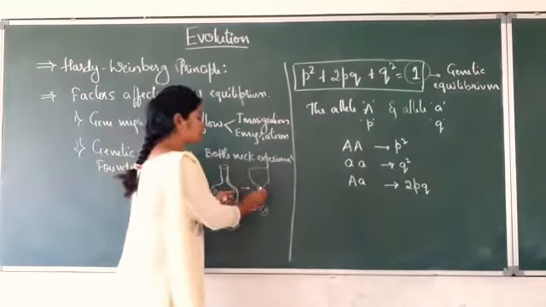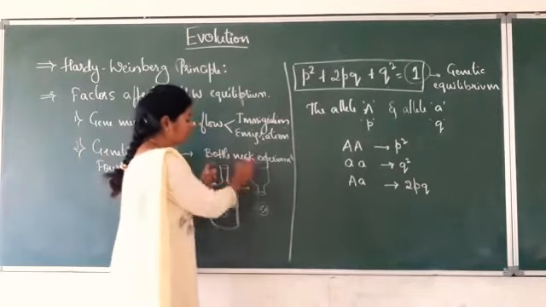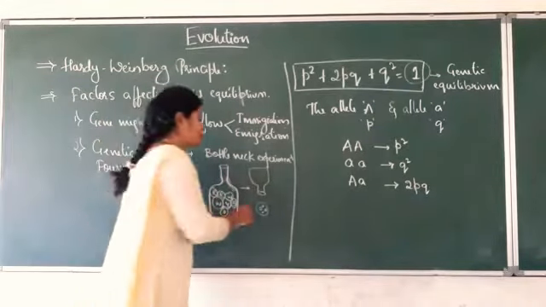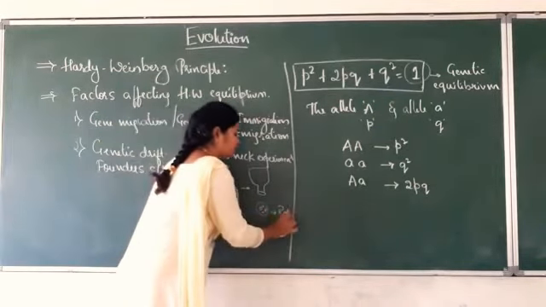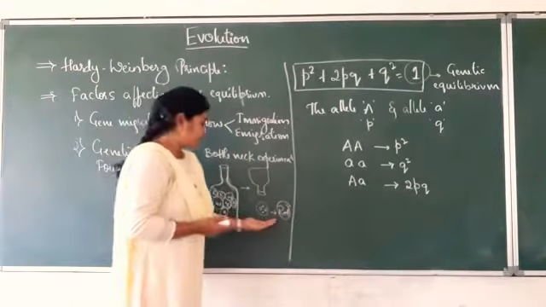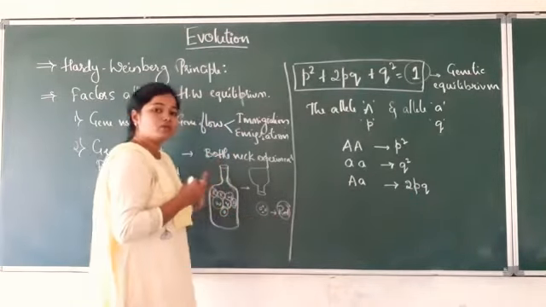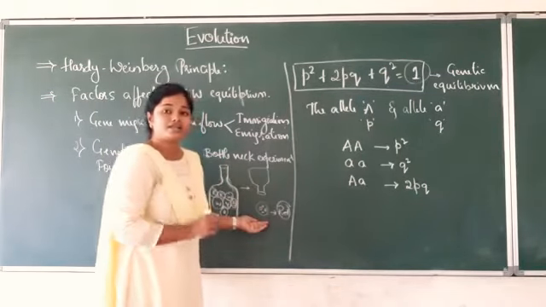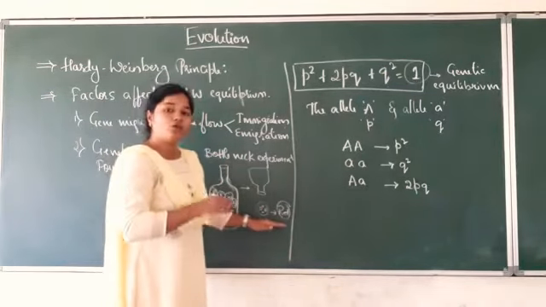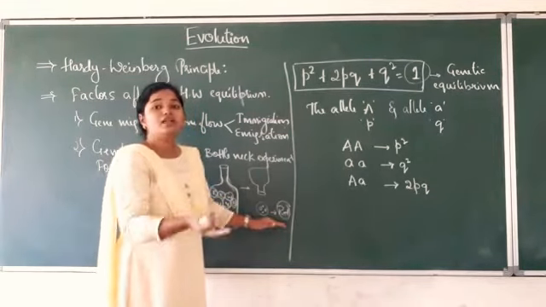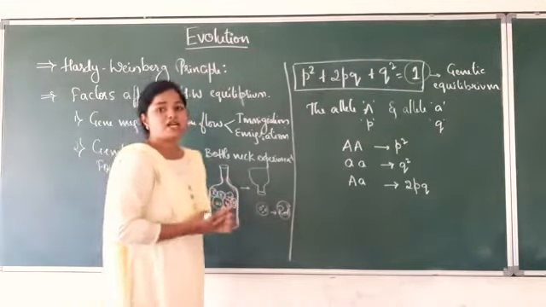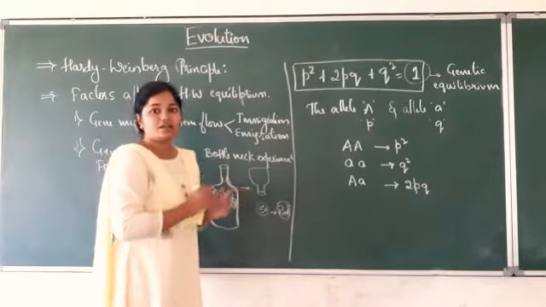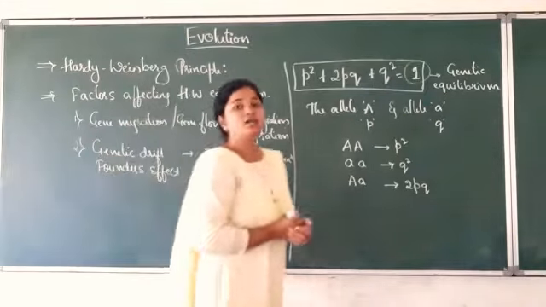Means as the neck is very small, whenever we want to upright this bottle, only a few pebbles are coming out. So probably those pebbles could be only red in color, right? Suppose only the red pebbles from this bottle have come out. So now these pebbles are called founders. Means they are going to survive and they are going to form a large progeny. So that only we can have the organisms with the red population. So that's why this is called the founder's effect.